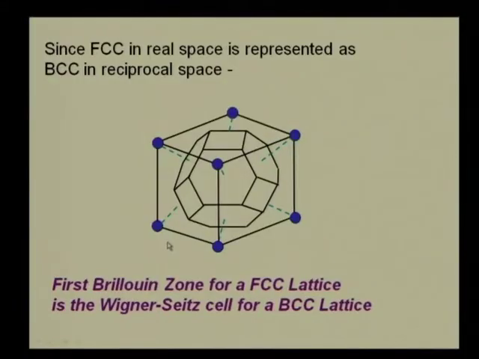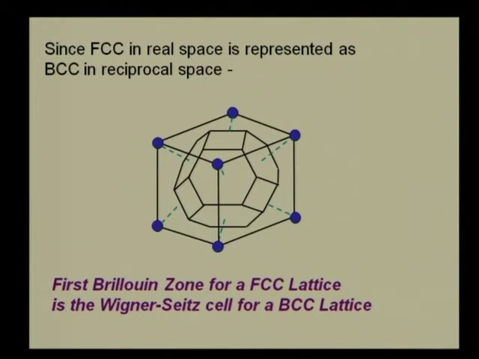This is an exercise that we did a couple of classes ago, and we were able to see how the vectors would then define a body centered cubic lattice in reciprocal space. In other words, if you have a material that has a face centered cubic structure, when you represent this material in reciprocal lattice notation, it will be represented by a set of points that have the symmetry of a body centered cubic lattice. Okay. So, therefore, if you have a material in real space that is face centered cubic, it is going to be represented as body centered cubic in reciprocal space,